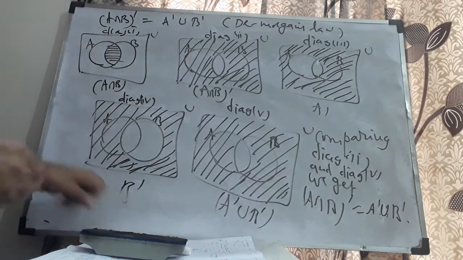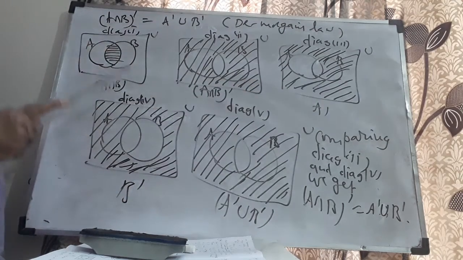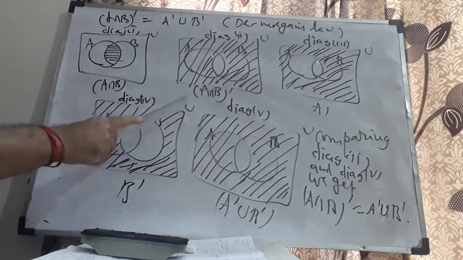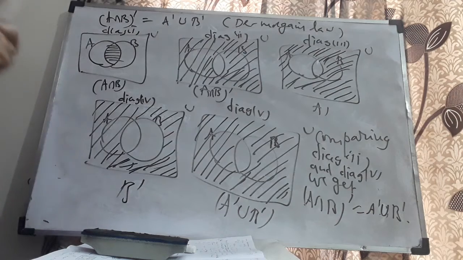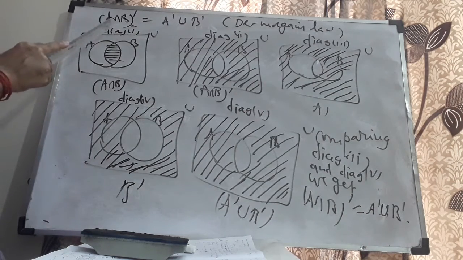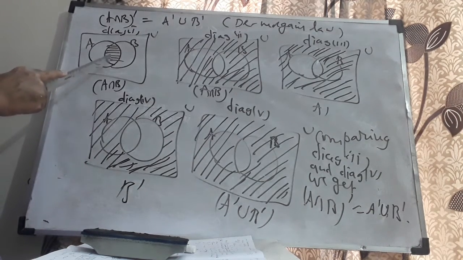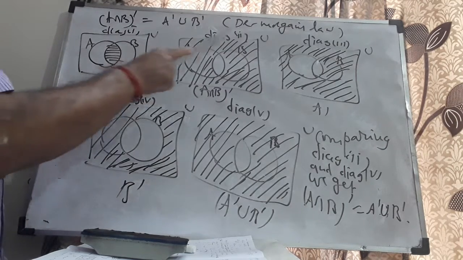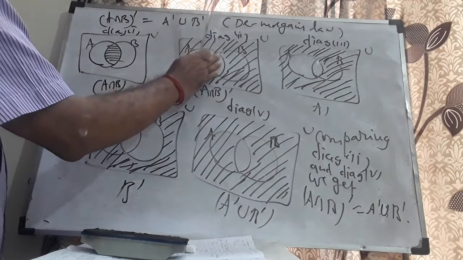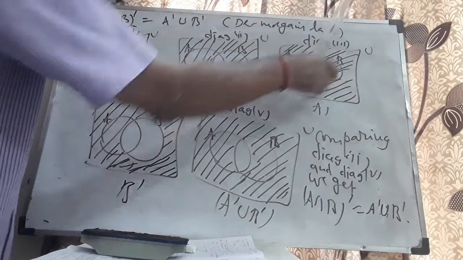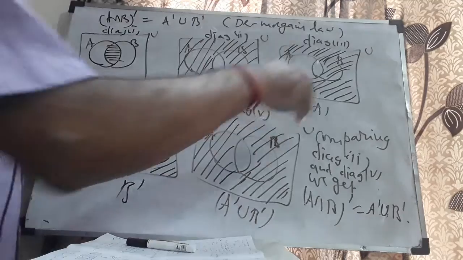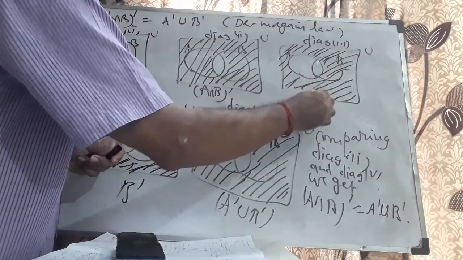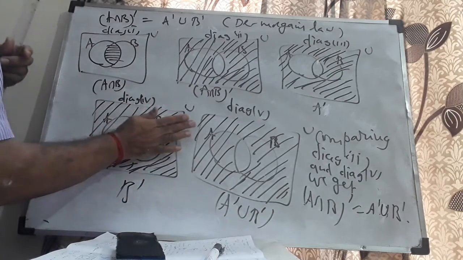Let me just explain. I'll take 5 different diagrams, with A, B, universal set uniformly the same in all the 5 cases. Diagram 1 is A intersection B, the common portion between the 2 circles. A intersection B whole dash, other than the common portion, everything will be shaded. Other than A, everything will be shaded. That is my diagram 3. This is A dash. Now, other than circle B, I'll be shading everything.